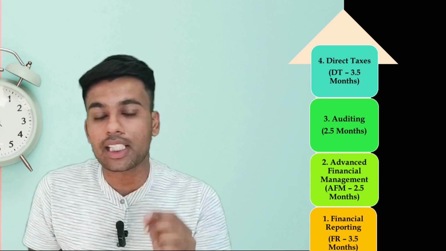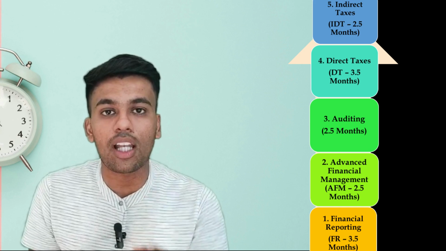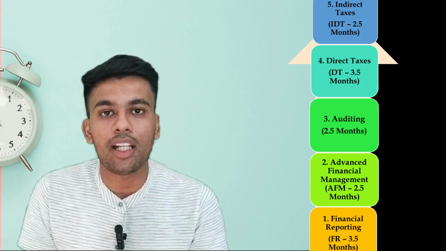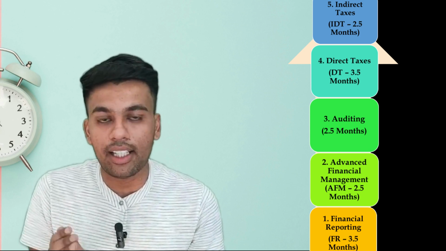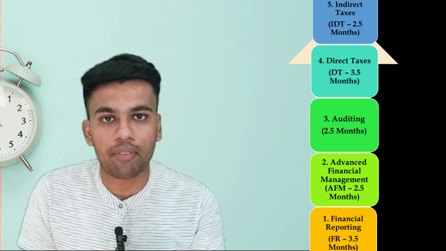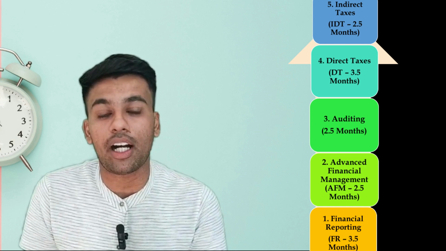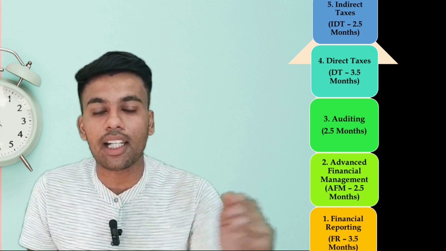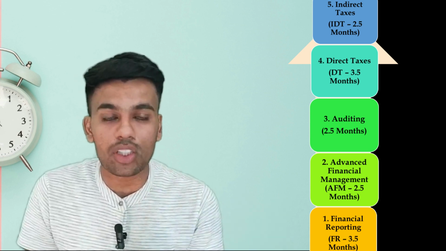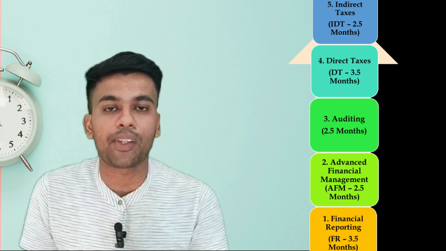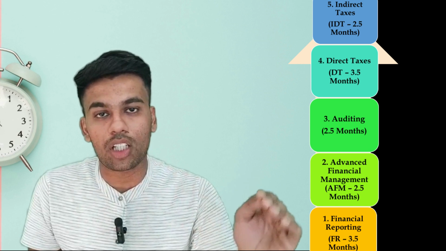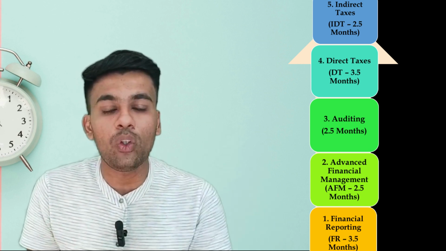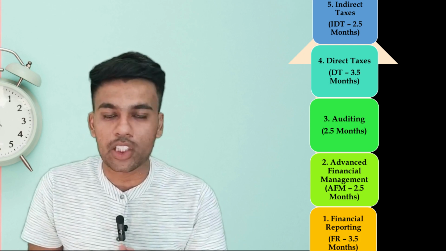These subjects I recommend you finish during the last year of your articleship, because of the new amendments coming in. If you finish these classes at an earlier stage, there will be a lot of amendments and you will have to modify your notes accordingly many times. So you finish these two subjects in the last stage, in the last year of your CA final articleship. So this is the sequence that you have to follow to complete your CA final classes. Now at the end you have to do your IBS, that is Integrated Business Solutions.